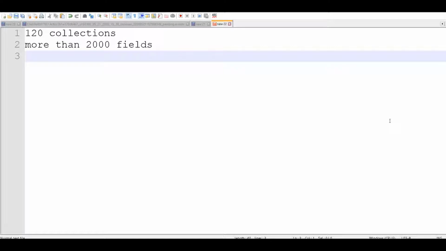Before giving you the demo, I wanted to let you know the context of why we needed this particular utility. We had more than 120 collections, and in those collections there were more than 2000 fields. Manual verification of each and every collection, in case of a data migration or a change in the API, was taking a lot of time, and there was a lot of confusion also, because if